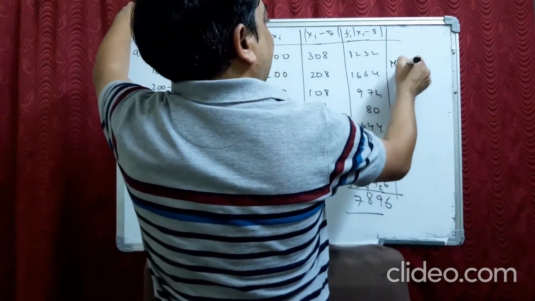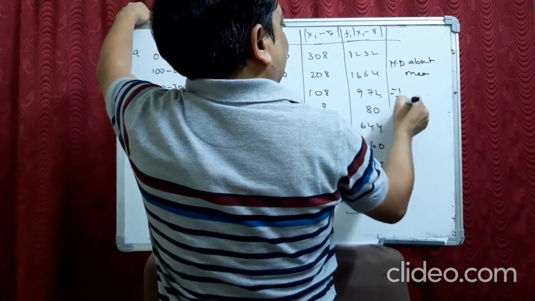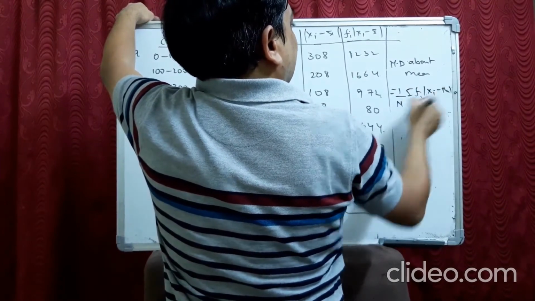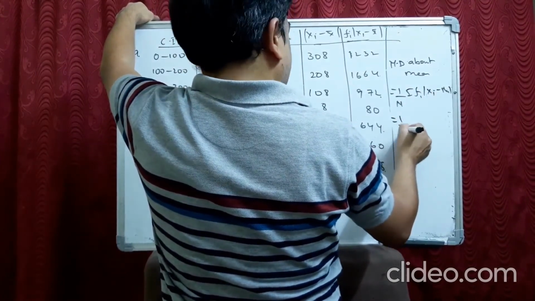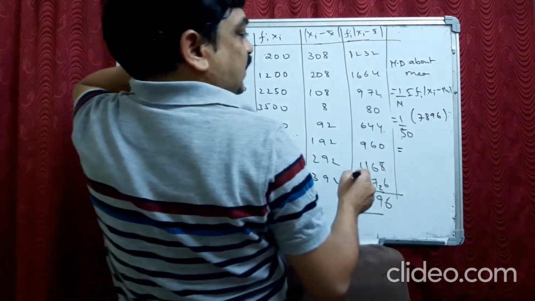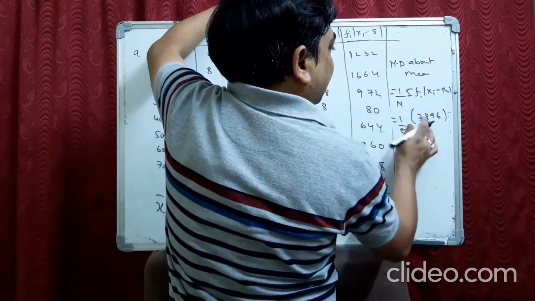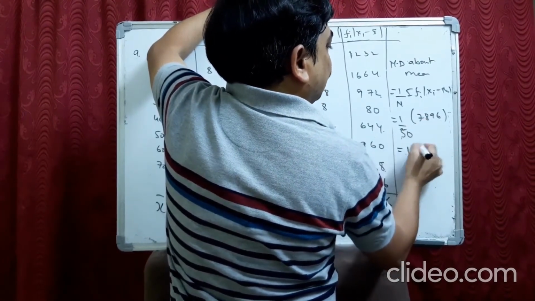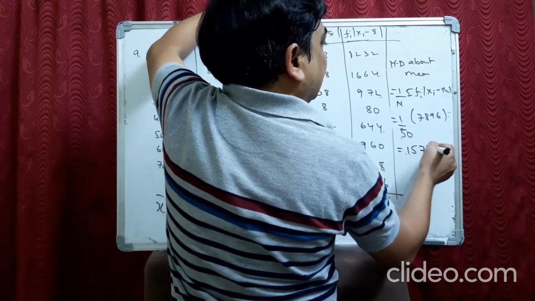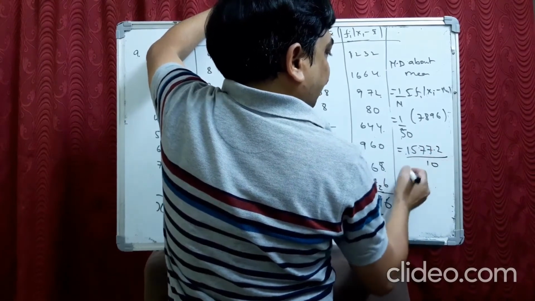Now, mean deviation about mean. Mean deviation is equal to 1 by capital N sigma fi into mod xi minus mean. That means 1 by 50 into 7896. So, we just divide with 5. 5 ones are 5, 28, 5 5 is 25, 39, 5 7 is 35, 36, 5 7 is 35, 10.2 by 10. If I divide with 5, it becomes